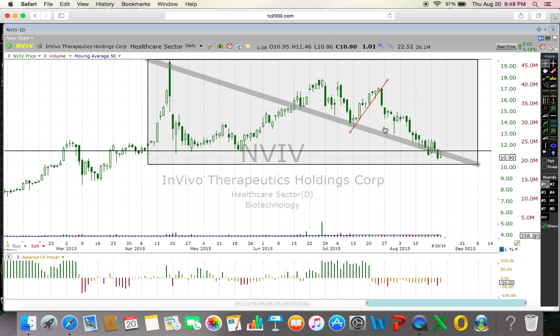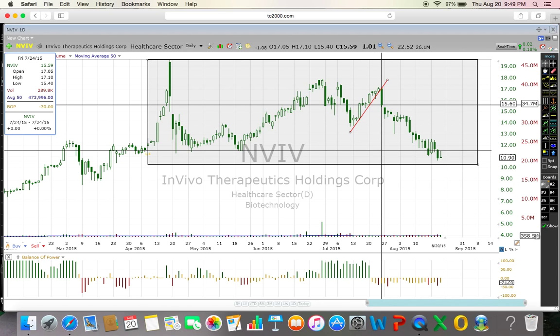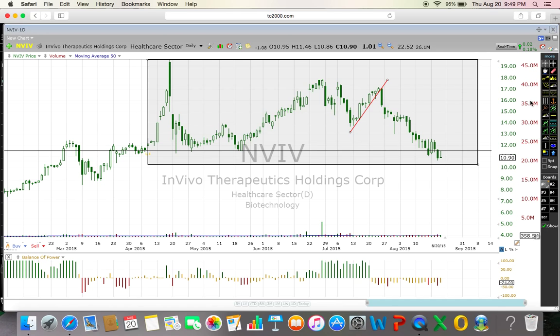And once we had this breakout here, we had dip buyers saying, okay, this is the bargain deal, this is the price, now we should buy this, this is going to rally up over here. This is the bottom of the trading range, this is the time to buy. But institutions are heavily selling this stock. They are unloading